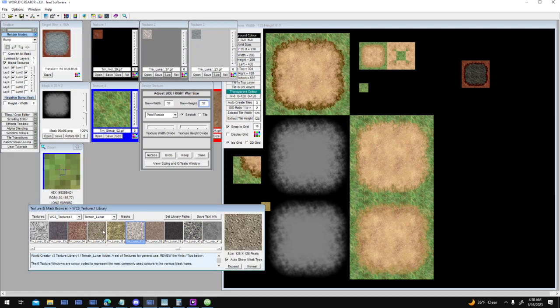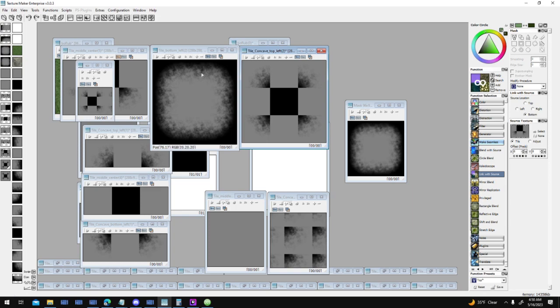So that's not a good choice. I'll try a slightly different, no, that's even worse. Just a slightly darker gray maybe. Those blend in pretty nice. I'll have to make a couple different types with more or less noise. And then I definitely want to try a few different methods of blending these together, because you can use the